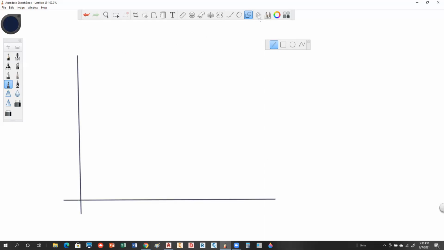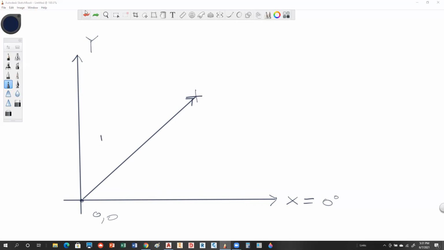So in this case, normally you don't even think about the Y. X is all important, but X will be 0 degrees. And Y, you can think of having a Y, but this is still my origin. Okay, that's still 0, 0. But when you define a point up here using a polar coordinate, what you're going to do is measure a distance from the origin to the point, and this will be a distance. Sometimes that's defined as radius. I'm just going to call it distance. So this is the distance or the radius,